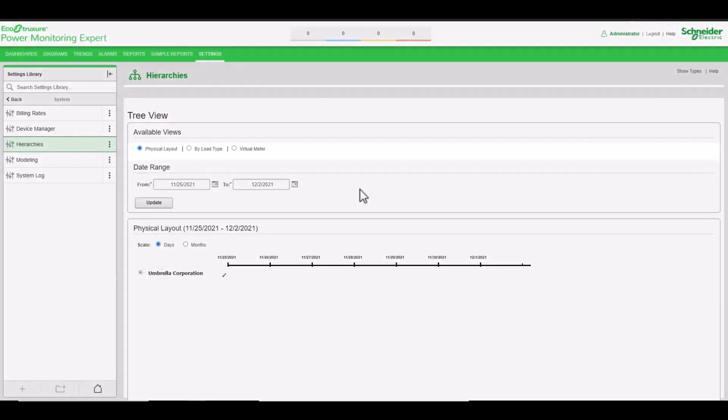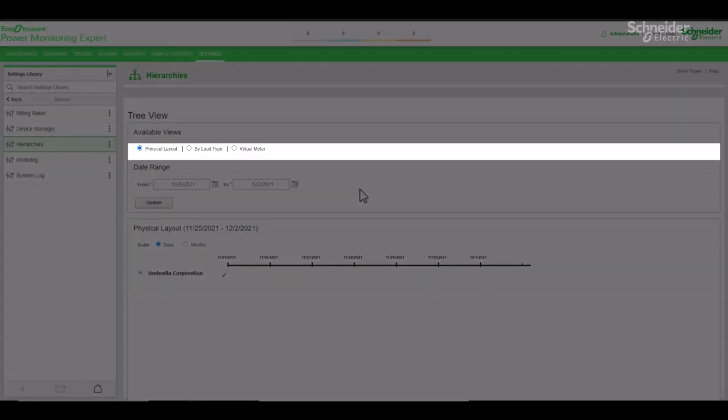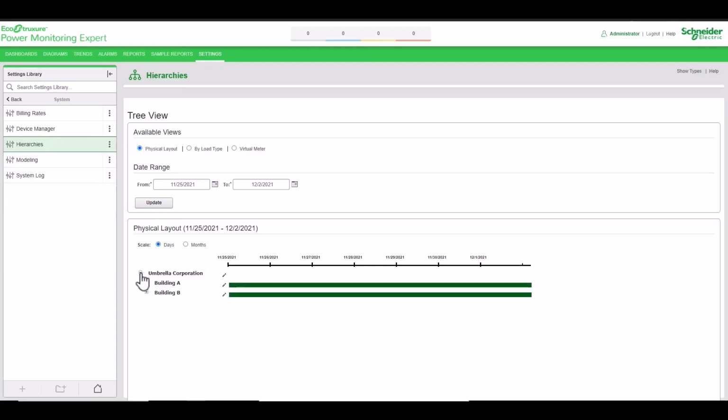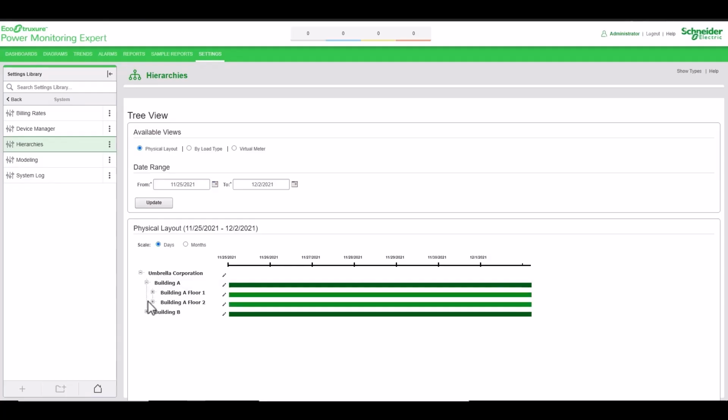To view the result of the finished hierarchy, click on Show Views. In the top right of the screen, you can see the 3 available categories: physical layout, load type, and virtual meter. The physical layout radio button is selected by default, and below you can see our site node, Umbrella Corporation.